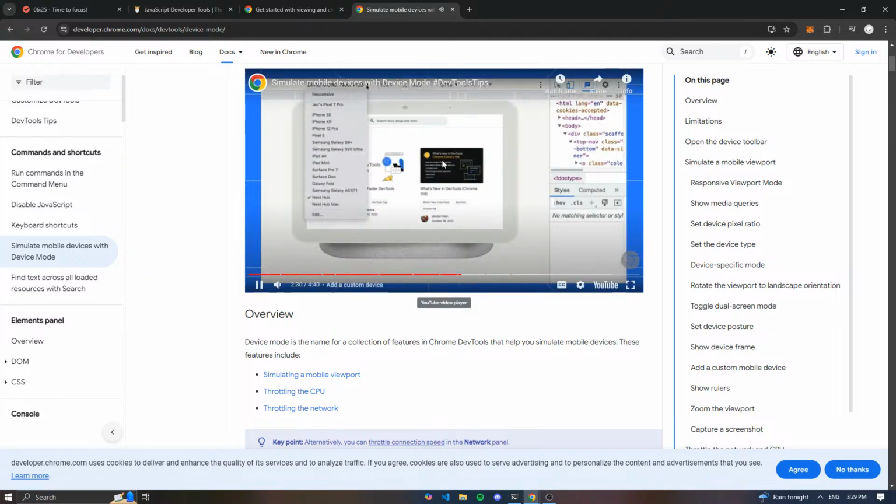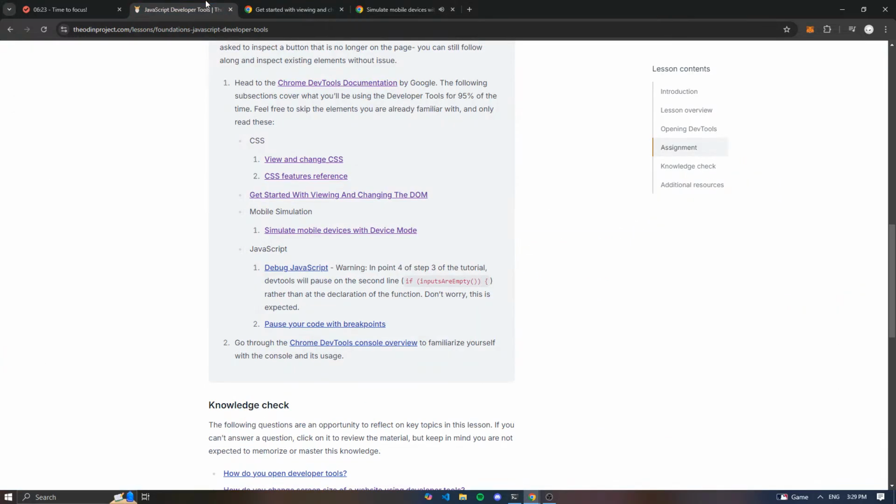Besides that, you can customize the device list or add a custom device. Select Edit from the drop-down menu. You can add or remove any device from the list. You can also create a new customized device. The dimension